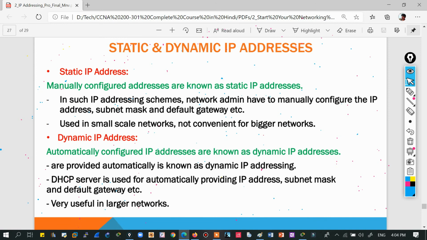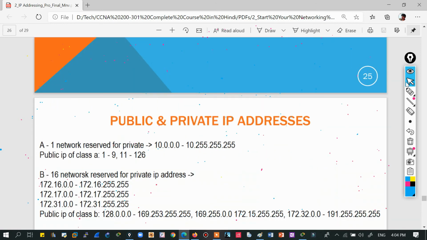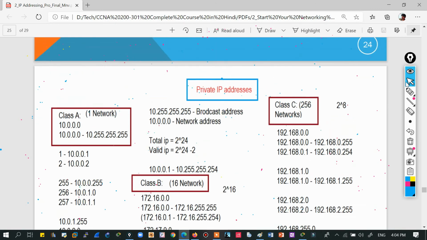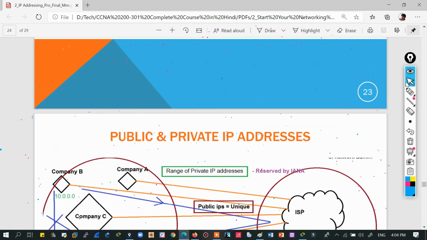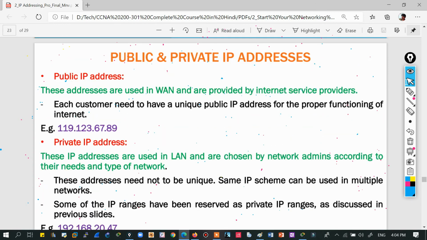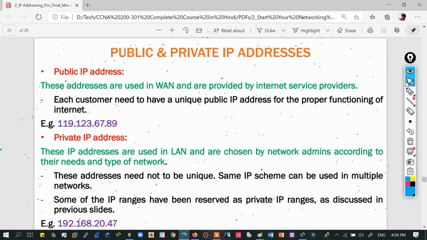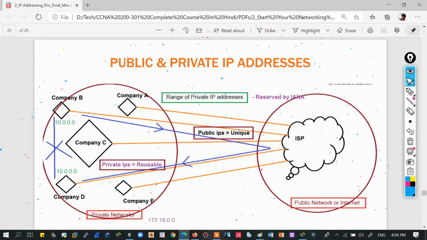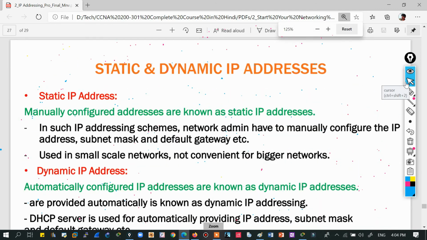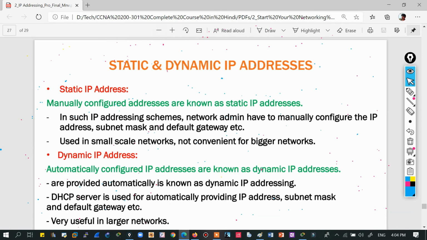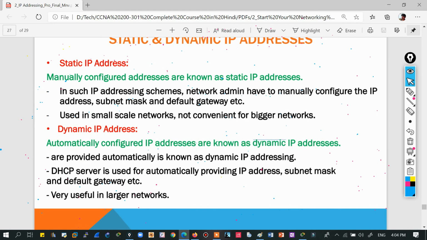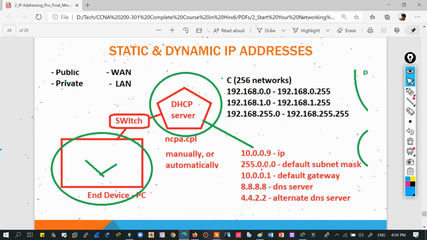And one more thing, let me show you this slide so that you have some reference study material. Just a second. This one, right? This is about public and private addresses. Fine. This that I discussed also, just a second. Like that, static and dynamic. Static means provided manually by the network admin, and dynamic means provided by the DHCP server. Then we have static and dynamic.